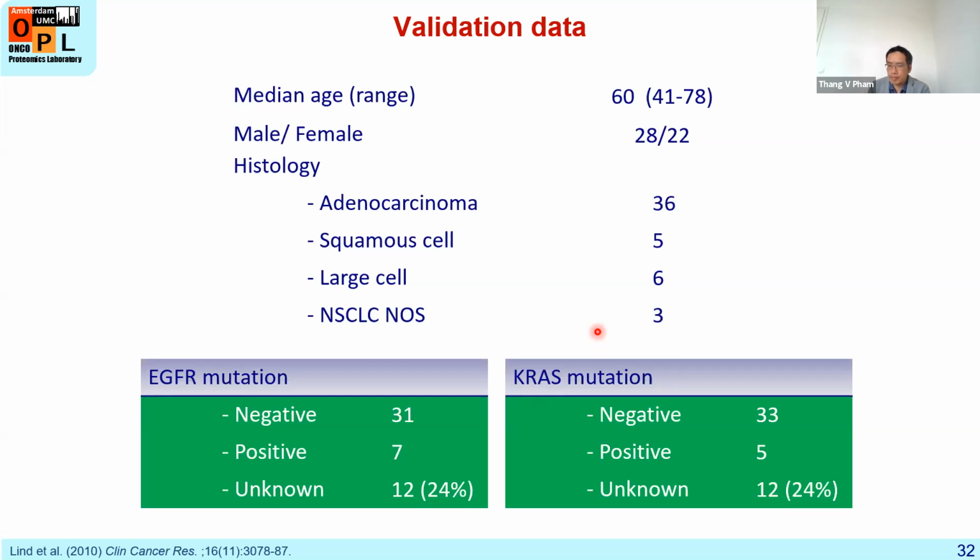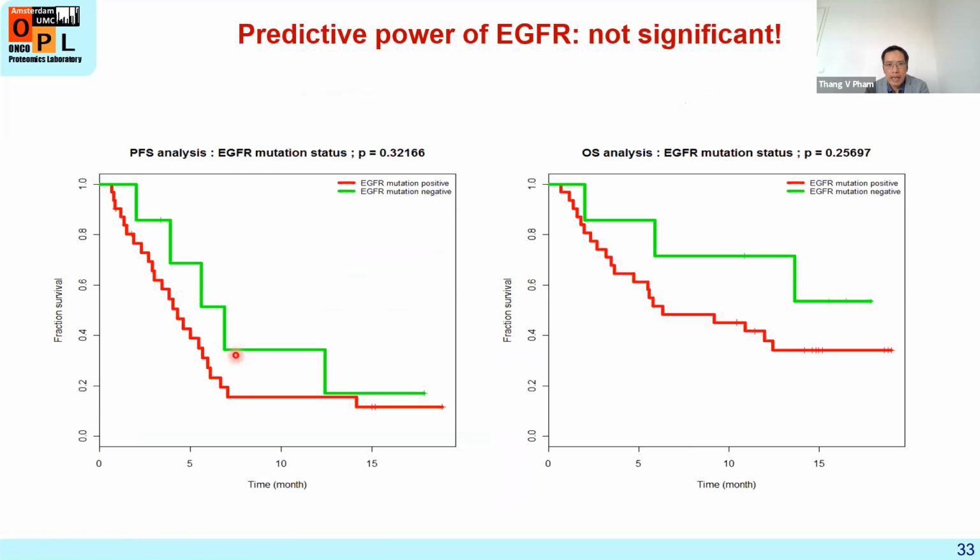So for people who are not very familiar with this, these are 2 mutations that very frequently happen in this cancer, and they drive the cancer, and there's a lot of treatment associated with these 2 mutations. And I must say that this is a 10-year-old study. Now there's a lot more mutation analysis. So the EGFR is not significant